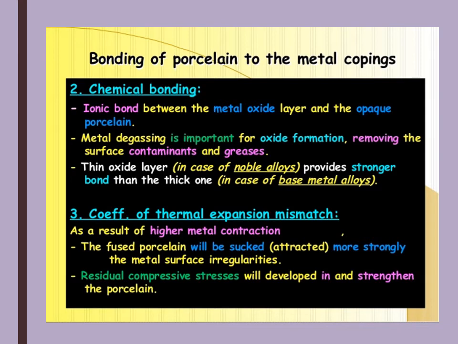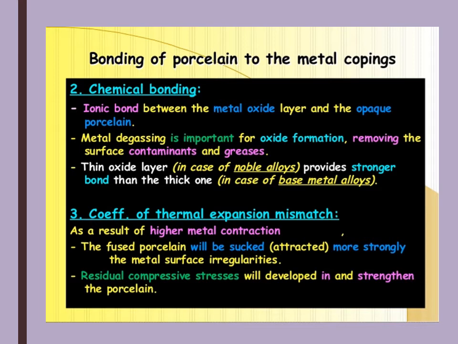Then the coefficient of thermal expansion mismatch. These are three mechanisms basically by which porcelain bonds to metal. One was the mechanical bonding, then the chemical bonding, and then the third is the coefficient of expansion mismatch. So what is this basically? As mentioned in the previous slides, the metal alloy has a higher coefficient of thermal expansion than the porcelain,